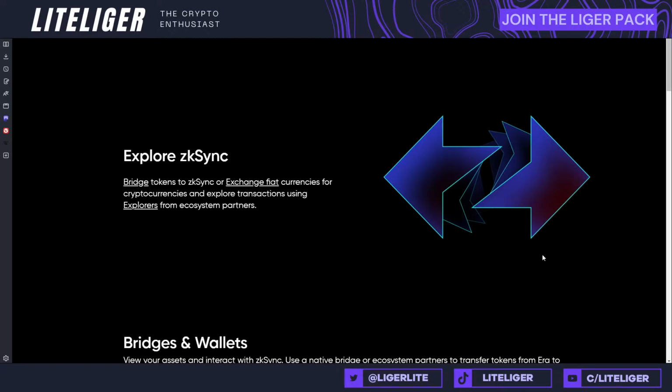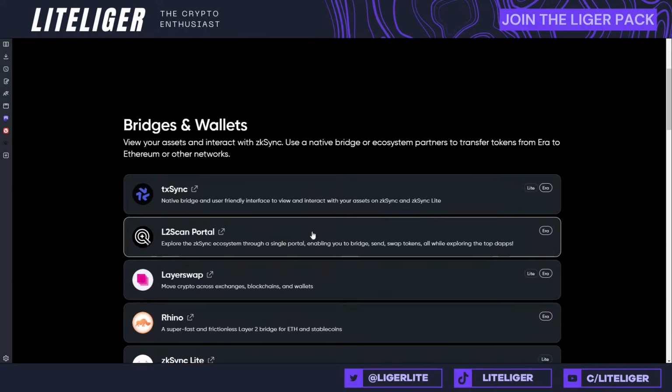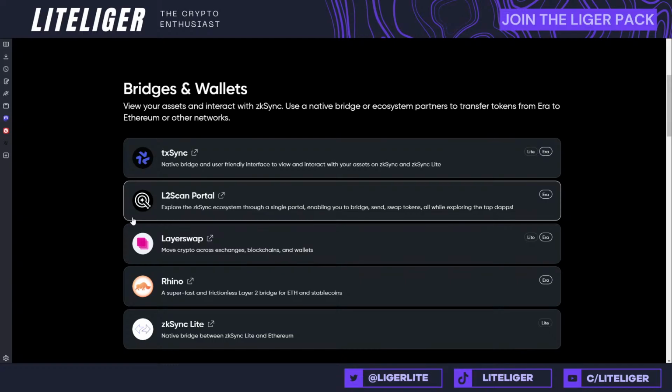This is the main page, zksync.io. You're not actually seeing the URLs on this layout, but make sure that you are on the right sites. There are a couple of different bridges here, and we should probably talk about the bridge philosophy in terms of the transfers. I think you can do a very low-ball zkSync transfer. A lot of people don't necessarily have the funds to throw in massive amounts of money.